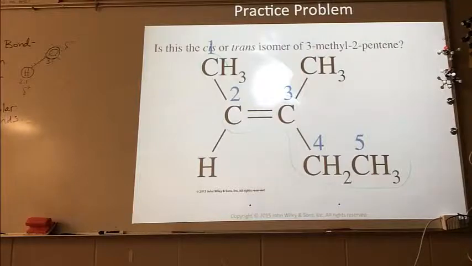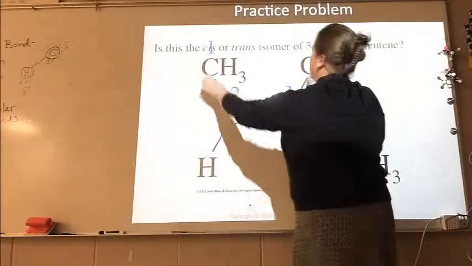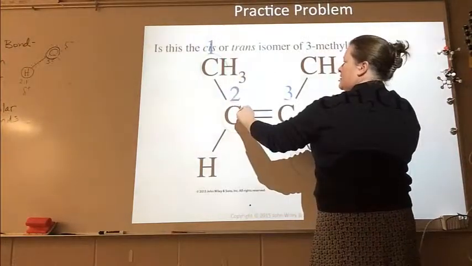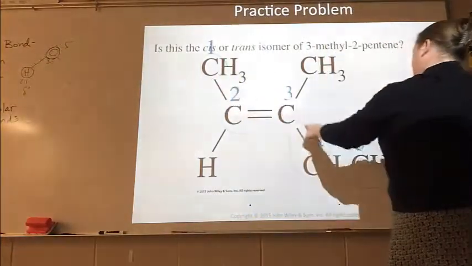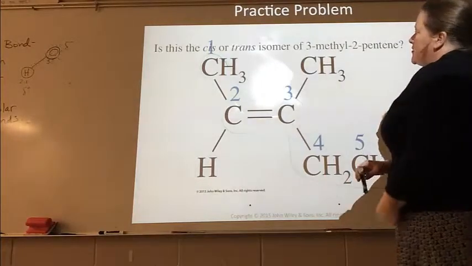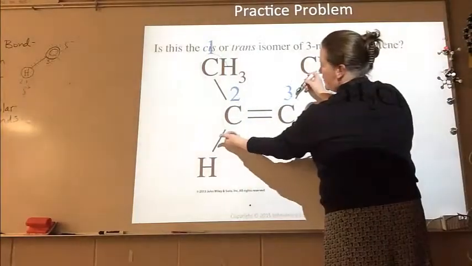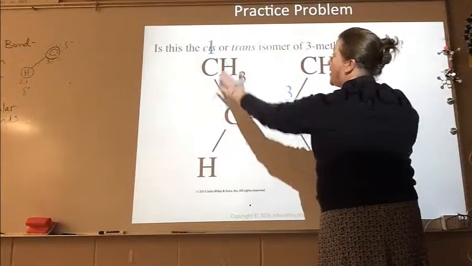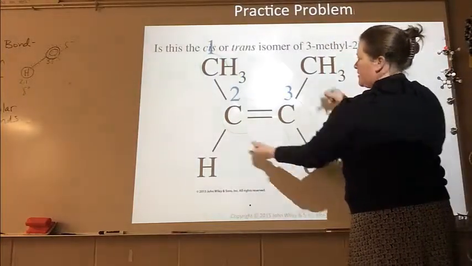If I circle the longest chain, what we're going to look at are the two groups that are not part of the longest chain and how they're related to each other. Initially, it's very tempting to look at this and say, oh, cis. But when you circle the longest chain, you'll see that the groups that are attached to the carbon that are not part of that longest chain are